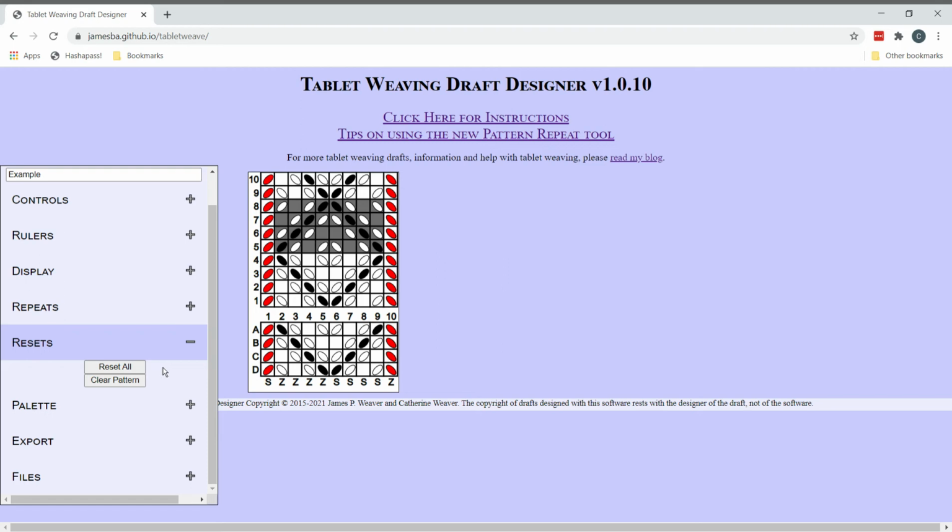And we don't have an undo function in TDD, so I would always recommend saving your draft before pressing that button if you want to press it. The other button is clear pattern. So as you can see, when I click that, it turned all of the picks in the turning diagram to forwards only. And that's helpful if you're